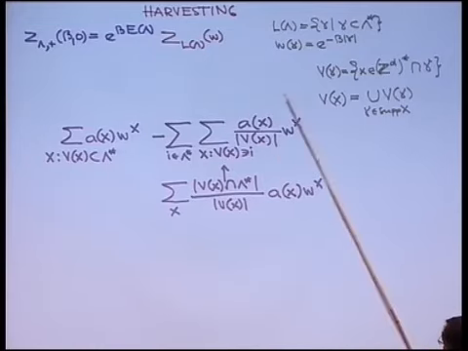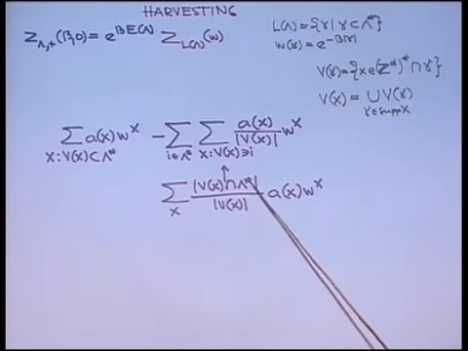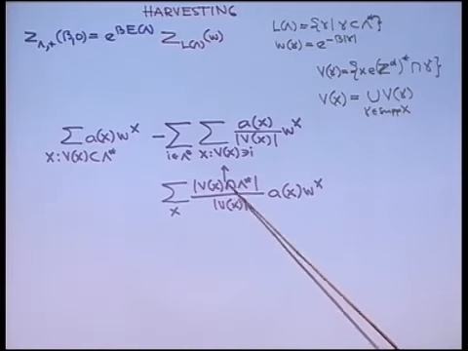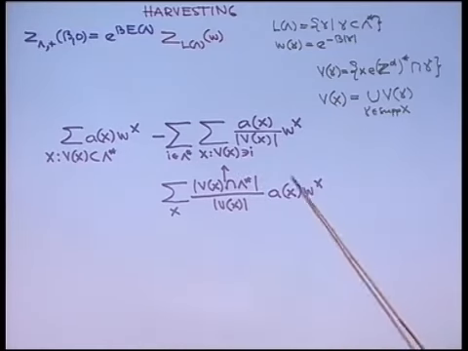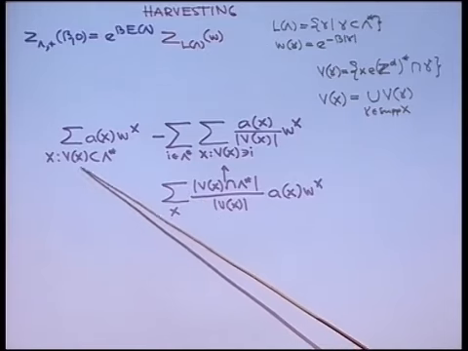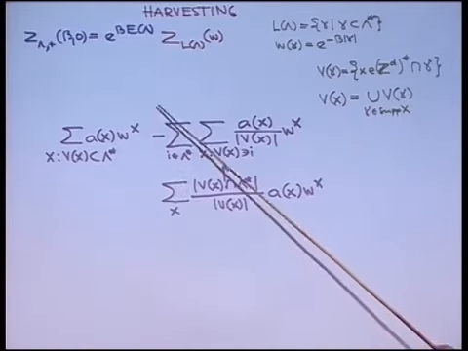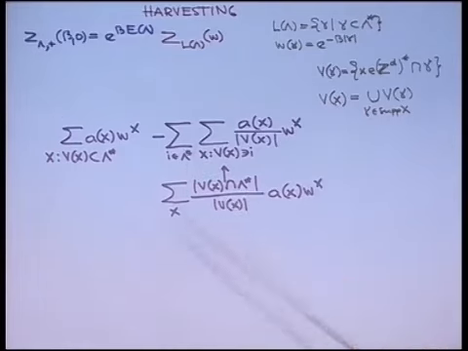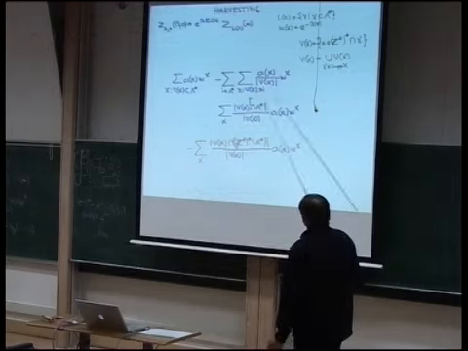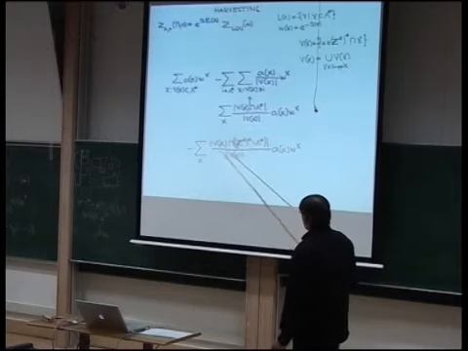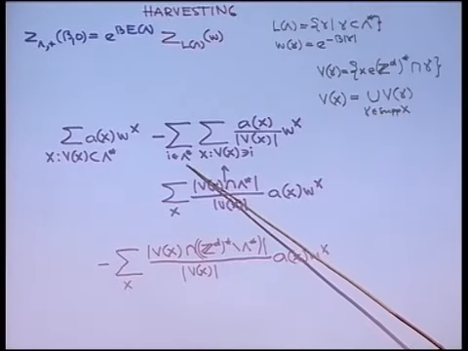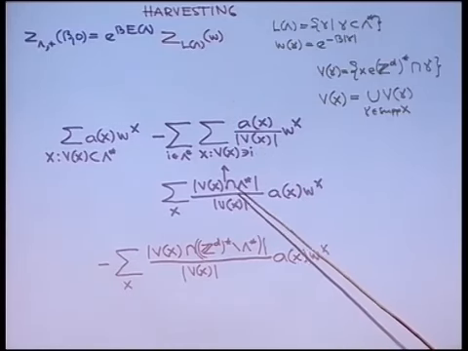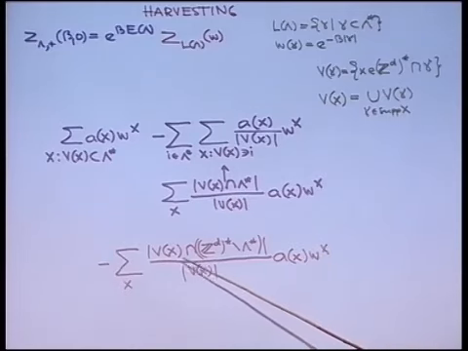And now you see immediately, if X is fully contained in lambda star, okay, then here V_x intersection lambda star is simply V_x, this disappears, and I have exactly the same term as here. So if V_x is fully contained in lambda star, all those terms that are here are also here. So I will subtract them, and what will remain will be only a couple of terms. These are terms such that they intersect inside, but also they intersect outside. They are not fully contained inside. So if you write those terms, you are getting,